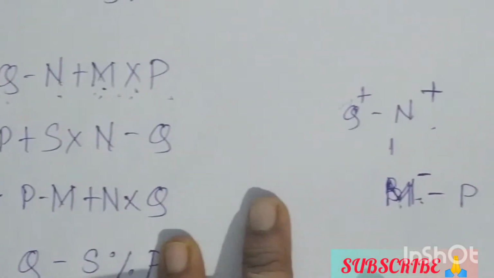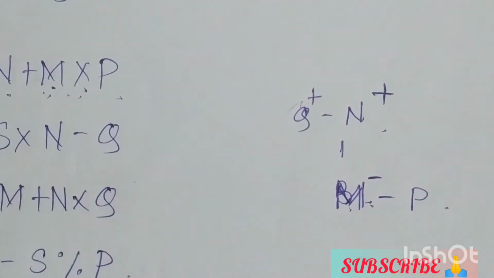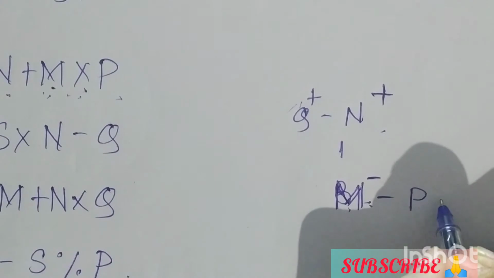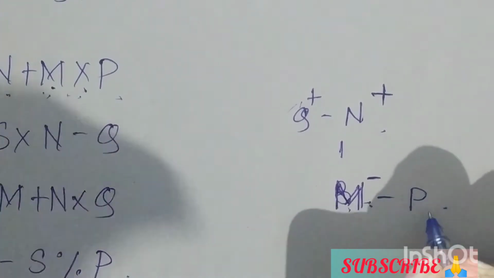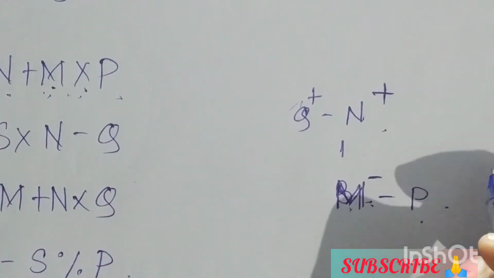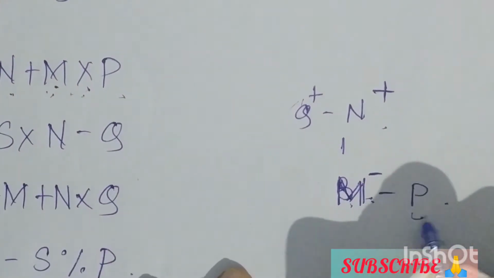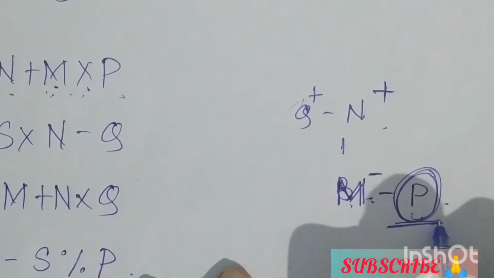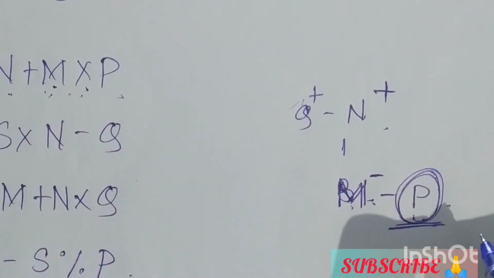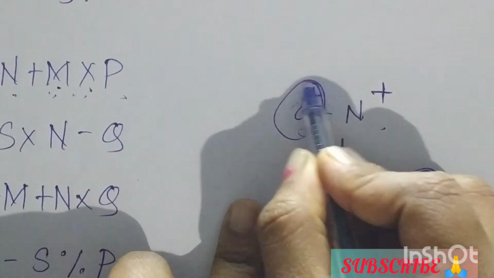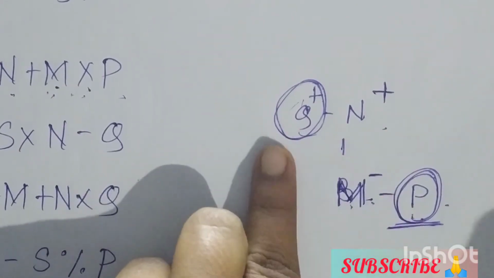Now what relation should we get? P should be maternal uncle of Q. But here the generation of P is wrong. Uncle in the sense it should be on top, right? Generation should be on top and Q should be at the bottom. But here it is opposite. So this is wrong. This option is incorrect.